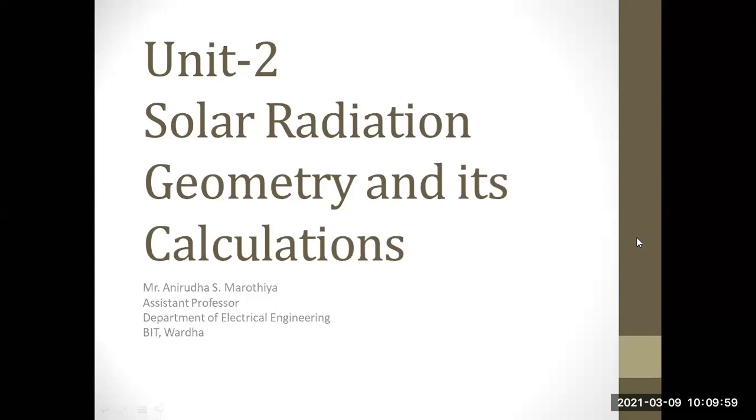In the first, we are going to learn in detail about the concept of solar radiation. What is solar radiation? What are the different aspects to represent solar radiation? Then what is the philosophy behind solar radiation geometry, and how to calculate solar radiation on a tilted surface. What is the mechanism behind it, that we are going to learn. Then in the second, we are going to learn the different types of mechanism through which we can collect those solar radiations. That means we are going to learn in detail about the classifications of solar energy collectors, and then in the third domain we are going to learn the applications of solar energy, or solar radiation.